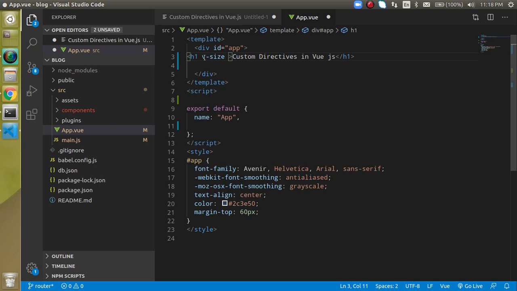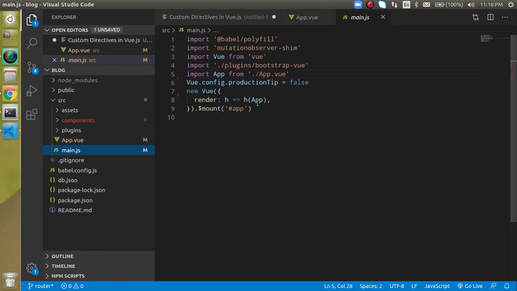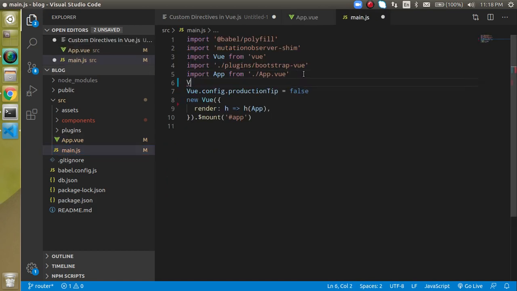All right, so now to define it, just go inside the main.js and simply use Vue.directive, and it has two parameters.